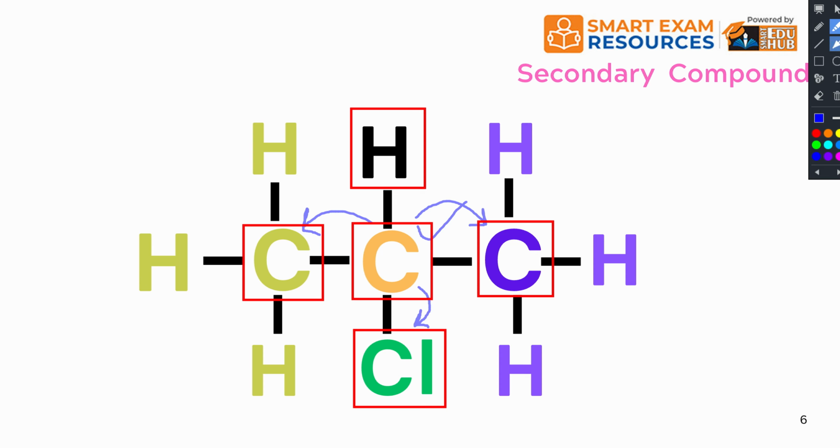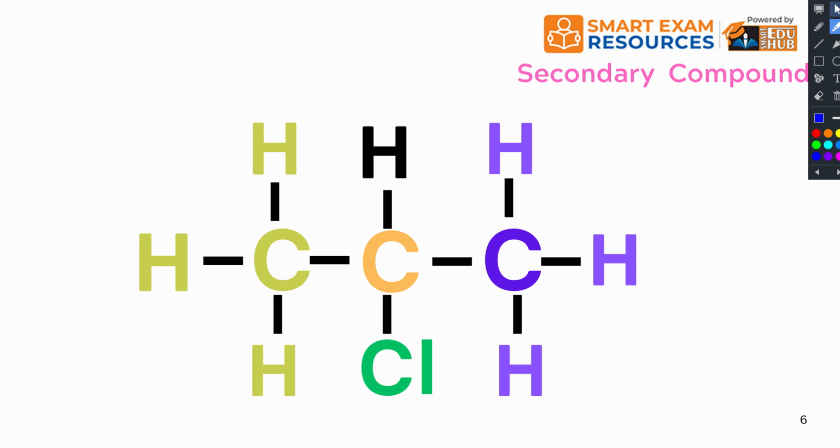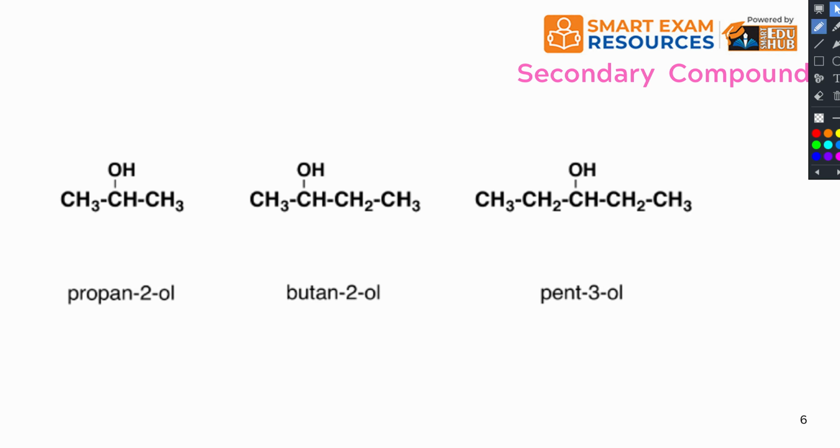Moving ahead, once again, we are going to apply our knowledge to this new question. Now, these are examples of secondary compounds, and we will see why these are secondary compounds. So look at the functional group. Always begin with the functional group. So this is the OH, which is the functional group. Then we look at the carbon atom which is bonded to the functional group. So this is our focus.